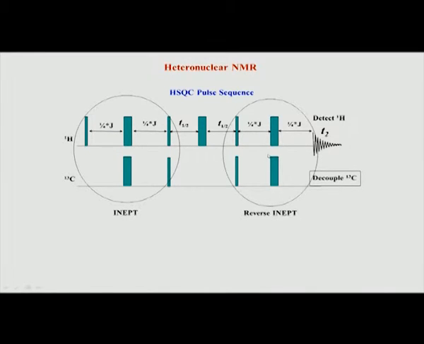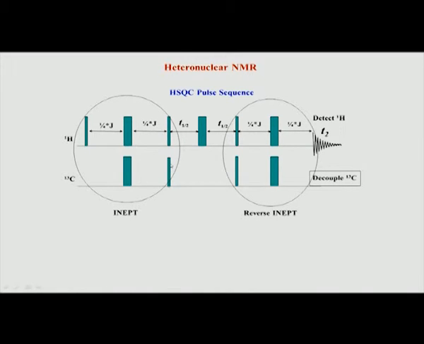This is the idea we saw in the last classes: start from hydrogen, excite a hydrogen nucleus, then transfer the polarization to carbon, and then come back to hydrogen and detect the hydrogen. This is the most optimal way to achieve the best sensitivity. You start from hydrogen and come back to hydrogen. This is how many NMR experiments are typically designed, so that you gain maximum sensitivity. Therefore, even if the natural abundance of carbon is low, at least you have taken advantage of the high gamma value of proton.